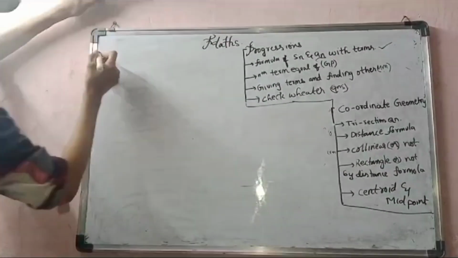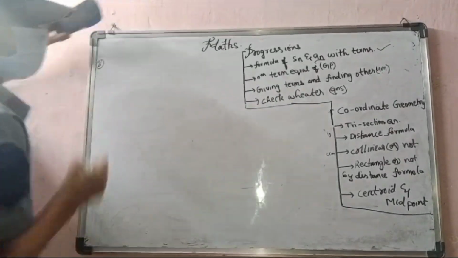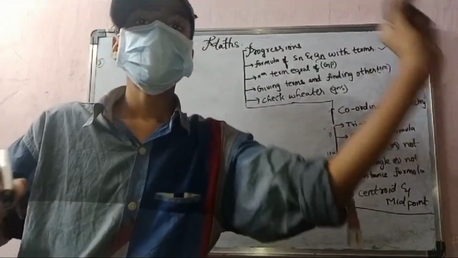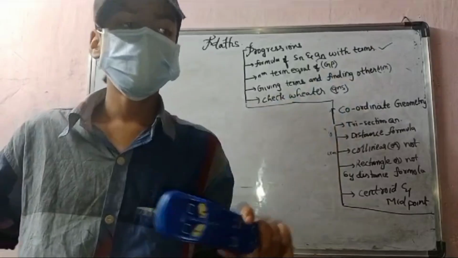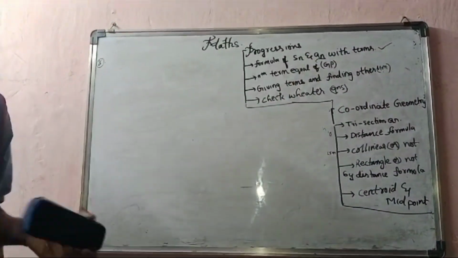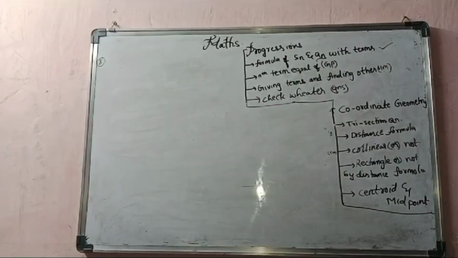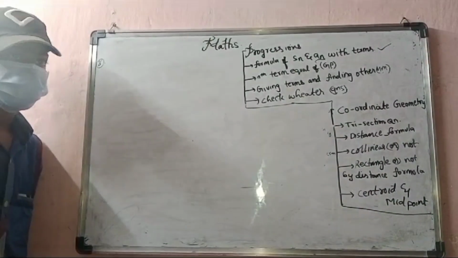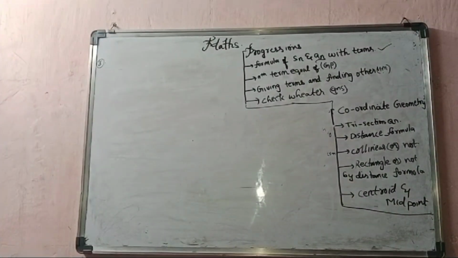Okay, now giving terms and finding other terms. Here giving terms and finding other terms means if the second term is this and the third term is this, then find the 10th term and find the whole GP or AP. Okay, now what can they give? Giving terms and finding other terms means I should take the question from the book only, so it will be somewhat easy. So let me see just the question which I have asked in exam.